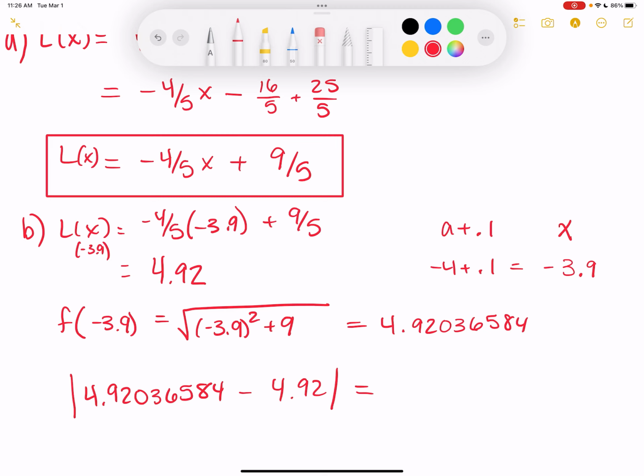Round this one. Just, yeah, 2 decimal places is fine. 3.66 times 10 to the negative